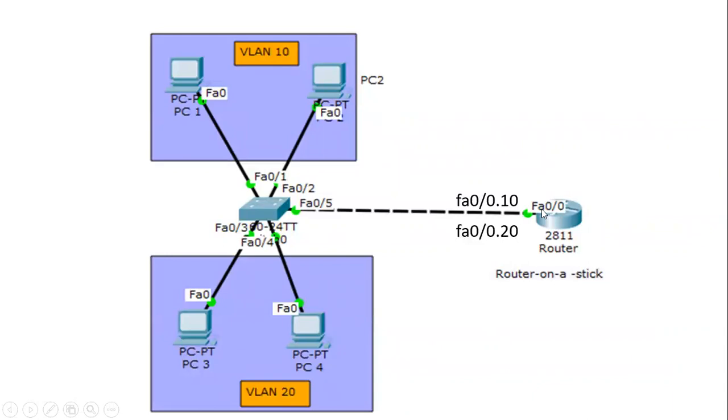Now this interface is FA0/0. This is subdivided into sub-interfaces, so it is 0.10 and 0.20. So now these two interfaces can be used to communicate with each VLAN. So 0.10 will communicate with VLAN 10, and 0.20 will communicate with VLAN 20.